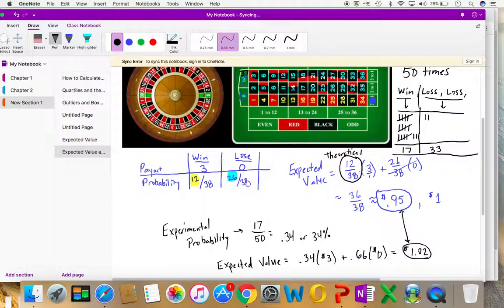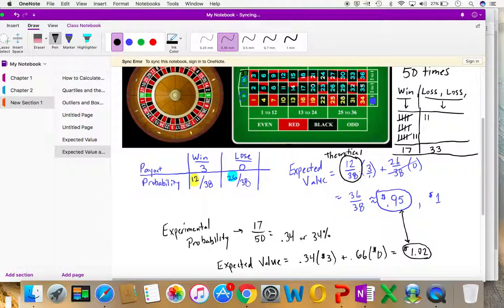I'm spending $1 each time. So what this is saying is that in those 50 trials, every time I spend $1, I win 2 cents. Win 2 cents. Now, think about that. That's me being very lucky. If I try and take that statement and broadcast that to every single time anybody plays roulette in the casino,